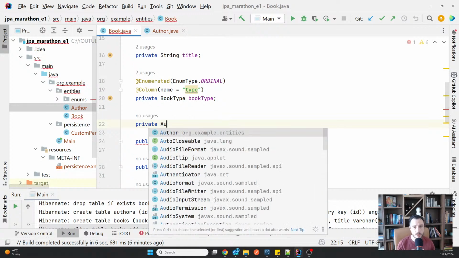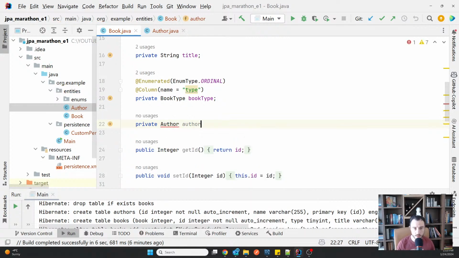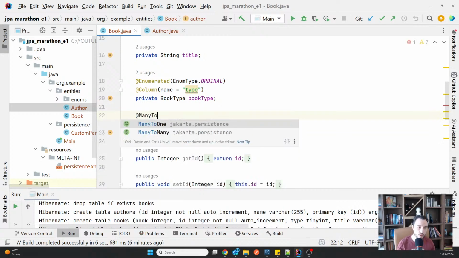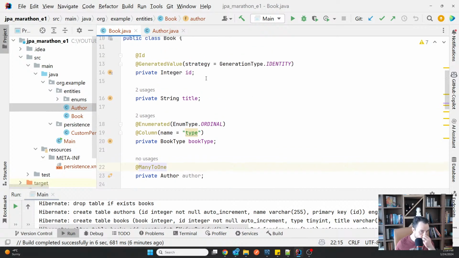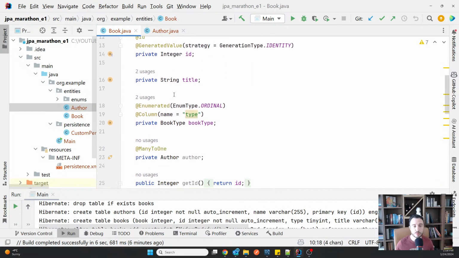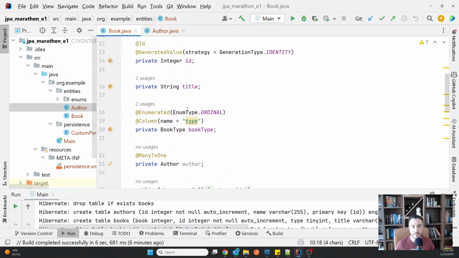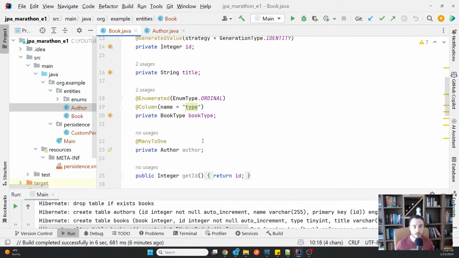So I say author, and now it is many to one. Again, you go from up to down. So I say book, a book has one, many books have one author. So that's how you do it.